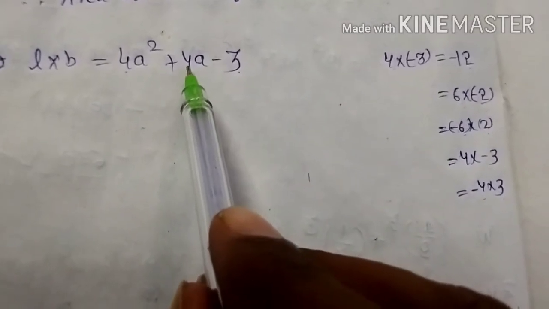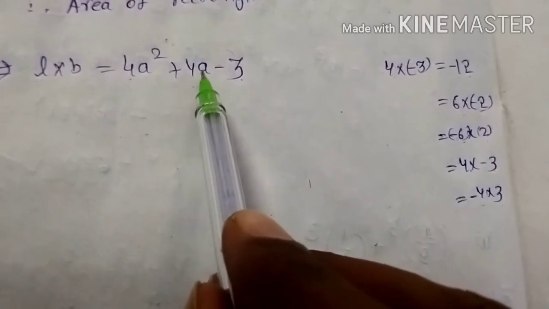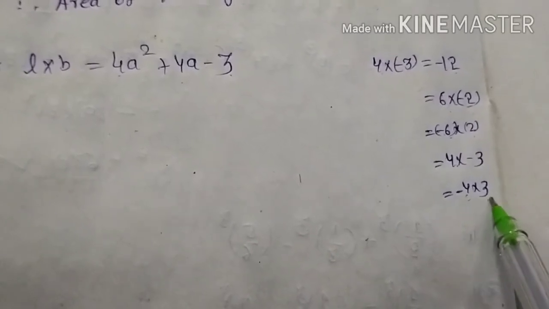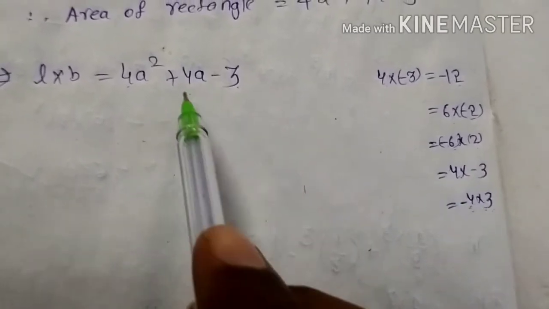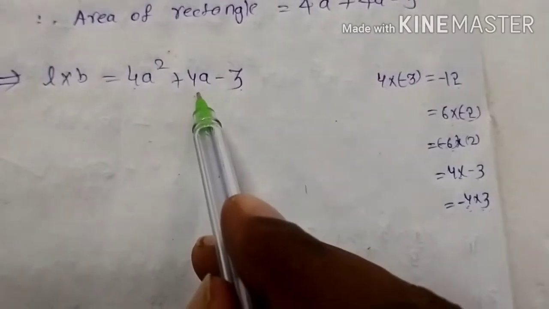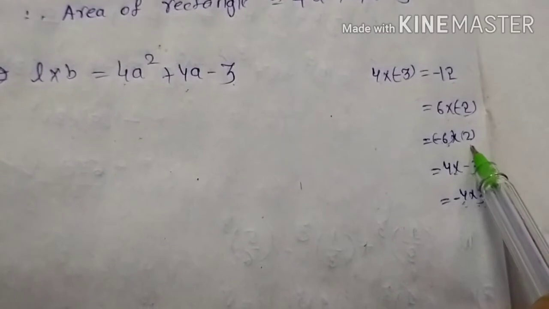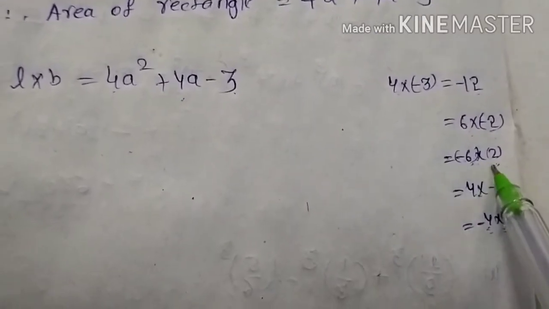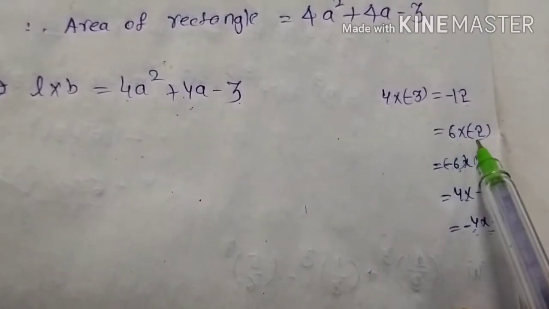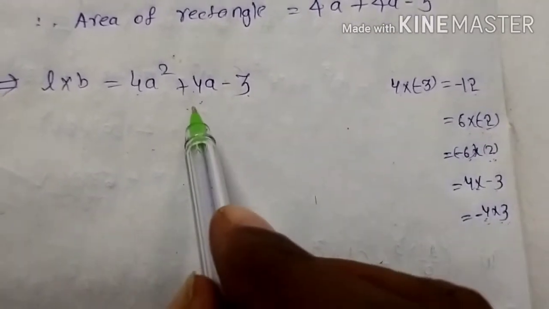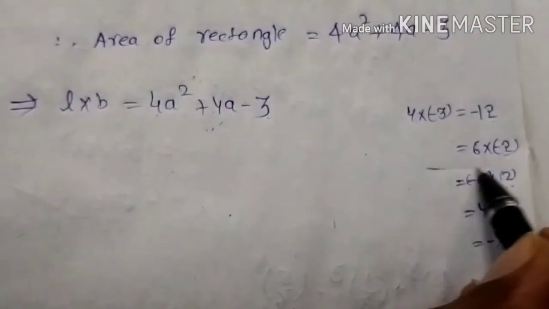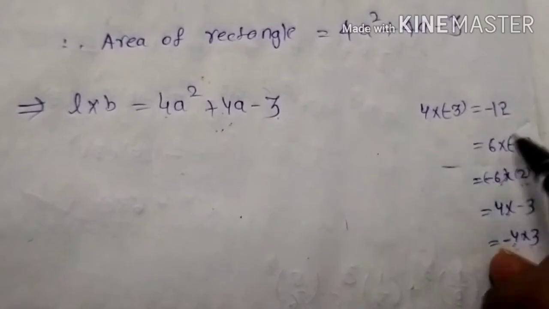That means you need to split the middle term into two factors. See, if I am writing minus 4 plus 3, minus 4 plus 3 is how much? Minus 1 only. But here you are getting plus 4. Here 4 minus 3, that means you are getting only 1. Here see, minus 6 plus 2. Minus 6 plus 2 means you are getting here minus 4. But here plus 4. See here, 6 minus 2, that means you are getting 4 or not, so that you can choose this factor only we can write here.